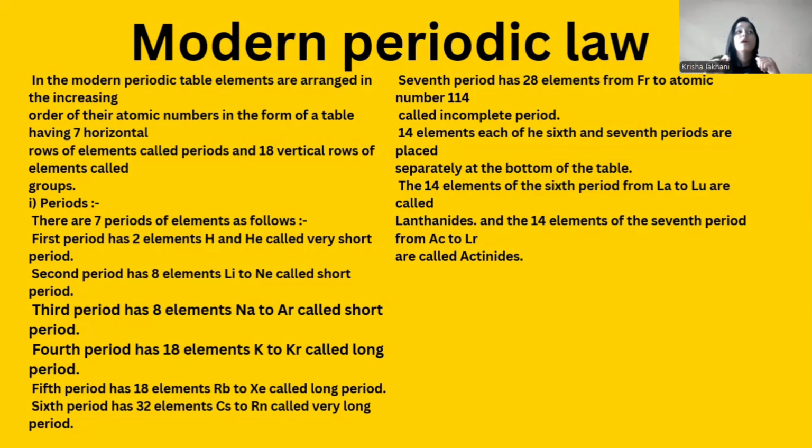They will give you any element. I'm just giving you an example, Mg. Mg is nothing but magnesium. Now, magnesium belongs to which period? What is the atomic mass of this element? What is the chemical symbol of this element? Or what is the electronic configuration of this element? These four questions are fixed, fixed, fixed.